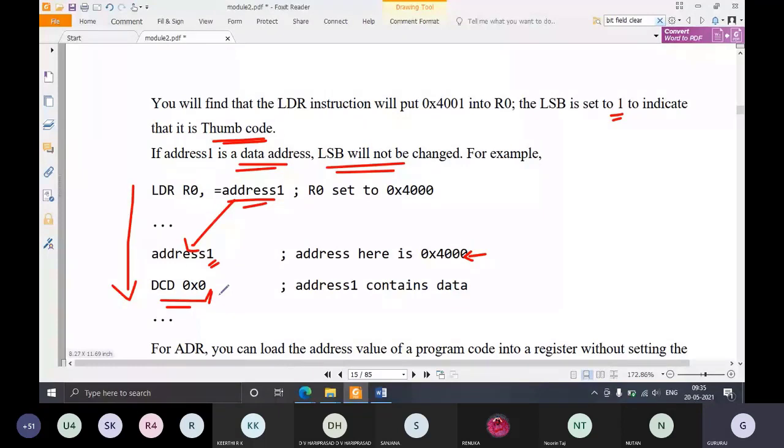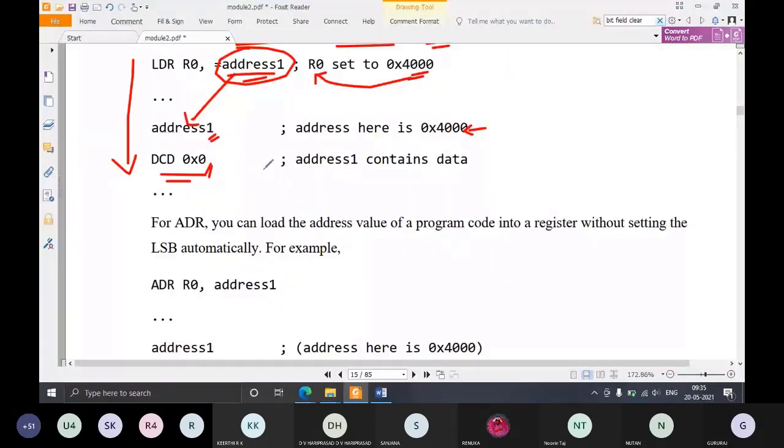No program or code is defined here, only data. Hence the LSB will not be changed. The address of this label is 4000, so 4000 itself will be loaded to R0. A 1 will not be added to the LSB because this address is a data address, not a code address or a program address.